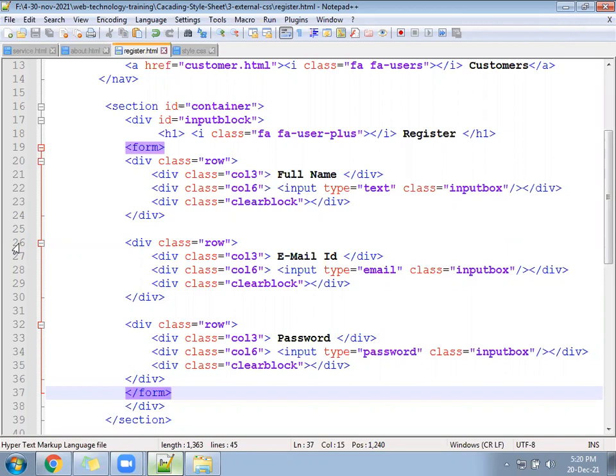Nothing changes, nothing will happen, because form is for a different purpose and division is for a different purpose. Division, sir, is used to divide the page into multiple blocks. For ID and class, once we learn Angular or React, that time I'll guide you. That is not required now, so we'll not write that. Once we come to that position, then we'll add it.